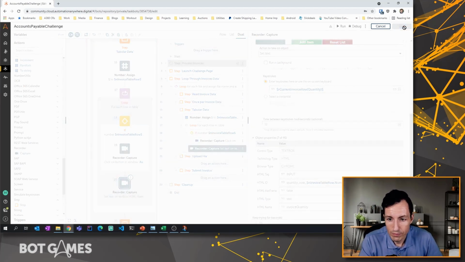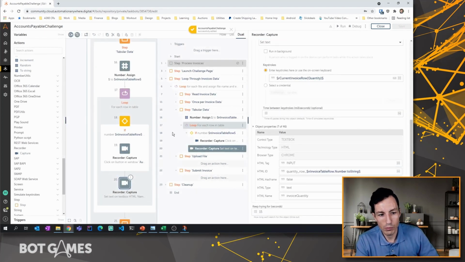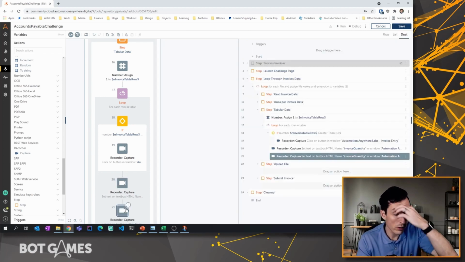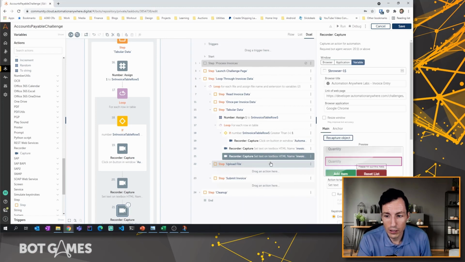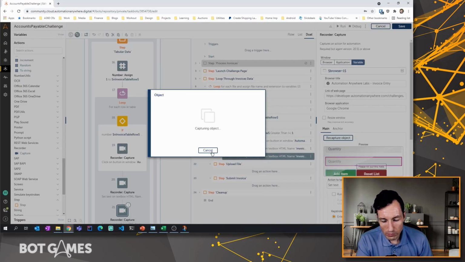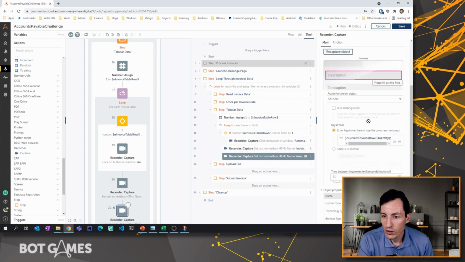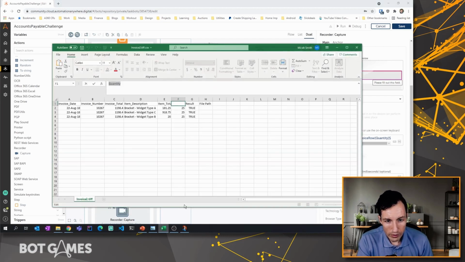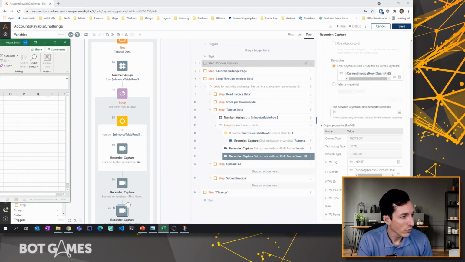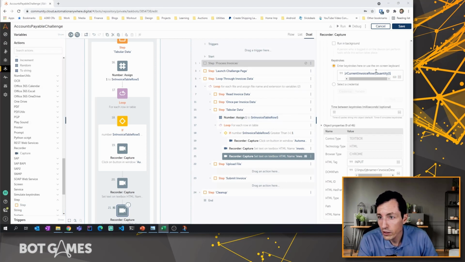Let's hit save. Hopefully you're able to follow along with me. I know that was a little bit complex of a setup. We're going to copy that same action and paste it because we're going to do pretty much the same thing 2 more times, because we have to do the description and the total. So here's my description. I'll click on that one. Set text. This one is going to be current row, but instead of quantity, it's going to be, what field was this? Description. So I'm going to copy this out of the CSV. It's actually